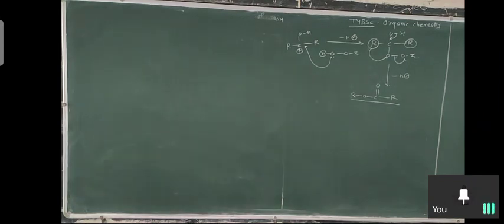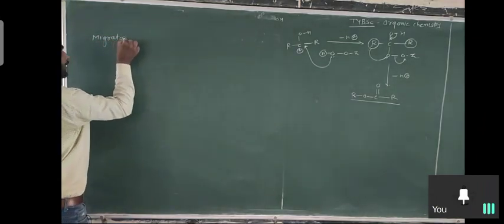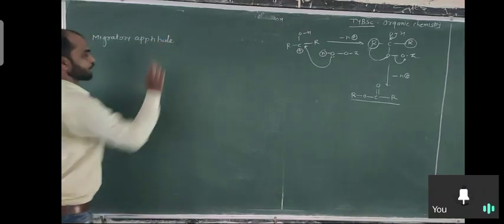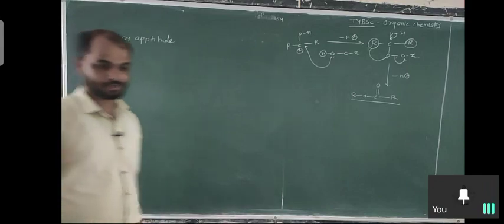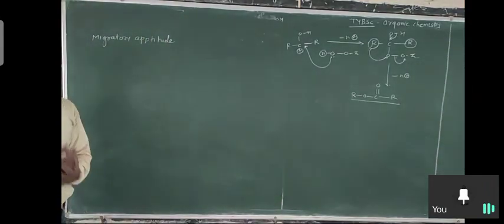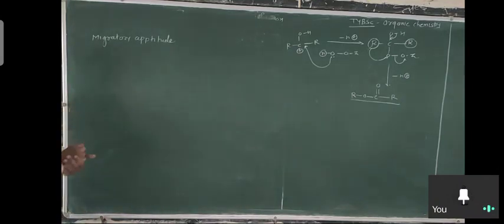What is a migratory aptitude? In this reaction, what is a migratory aptitude? What is the meaning of that? Which group is migrated over onto the other? It is a preference given to the substituents or groups which migrate first if two different groups are present in a ketone. So if the ketone is symmetrical, any one is migrated, but if an unsymmetrical ketone is given to you,